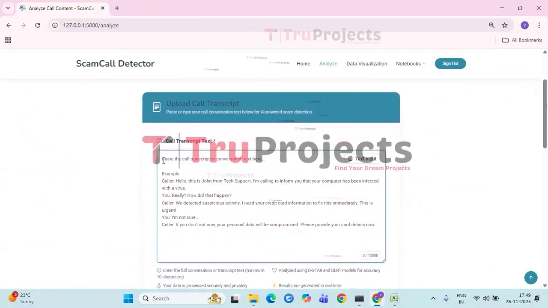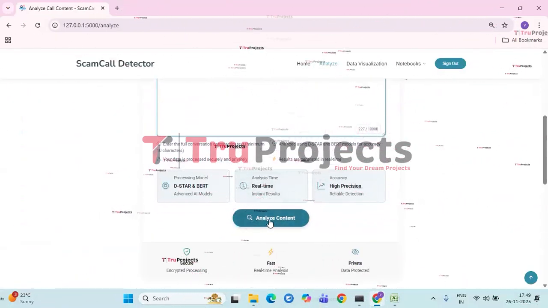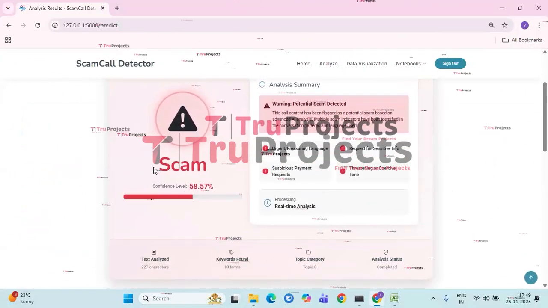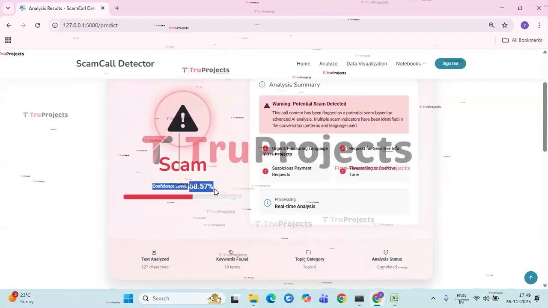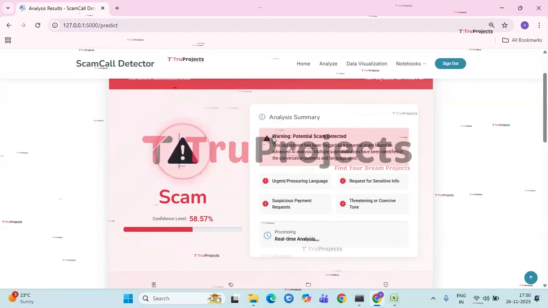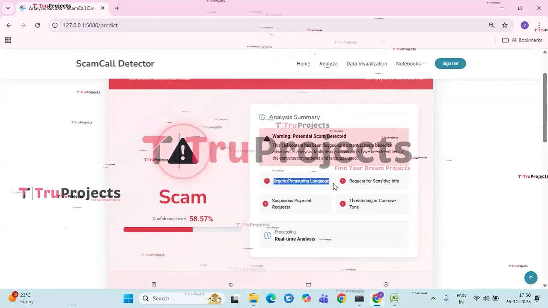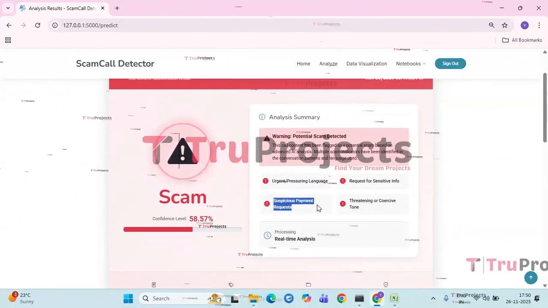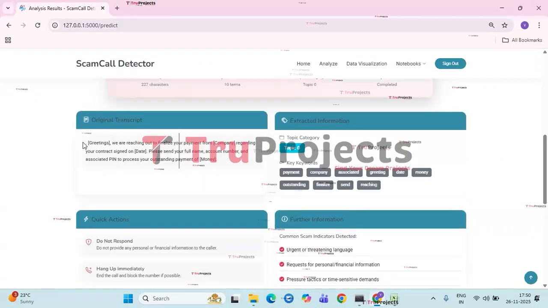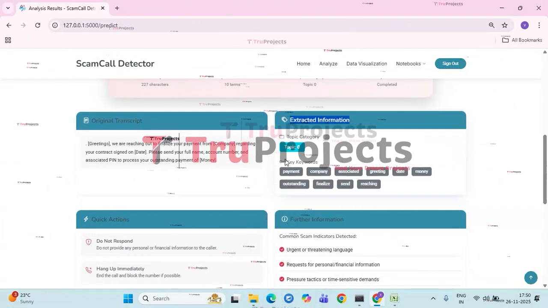So now let us give another input and check whether it is scam or not scam. Click on analyze content. So the input is pre-processed and the output is displayed as it's a scam. The confidence level is 58.57%. The analysis summary is a warning given, potential scam detected by urgent, pressuring language, suspicious payment request, request for sensitive info, threatening tone. The original transcript which we have given is this,